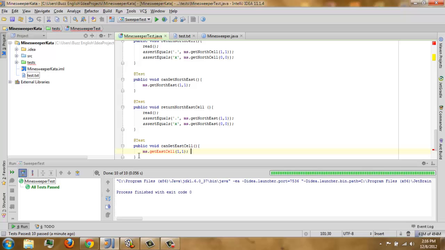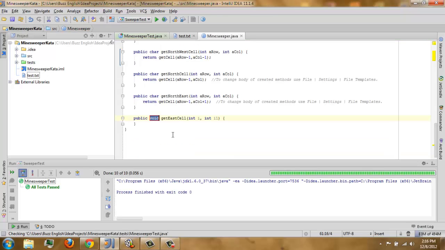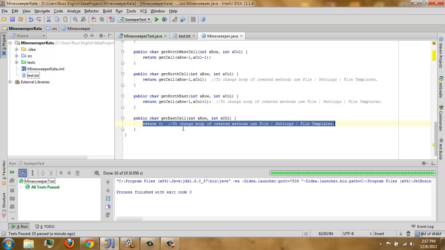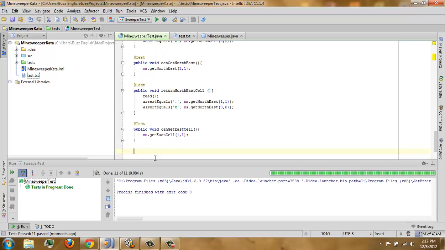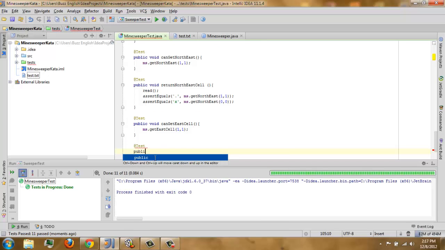And it's red, so obviously we don't have that method. Okay, we wanted car and so on, arrow and a column. So we already have our method, so we're going to test it. Ta-da! Let's make another method that can return the east cell.